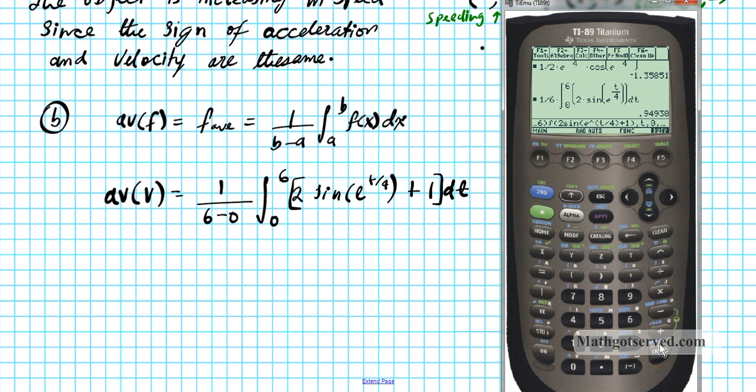Enter, that's the beauty of the TI-89 Titanium. It shows you what you entered and the answer separately, so you can easily determine if what you entered is in fact correct. Okay? So the plus 1 should be outside. Let's fix that. So it's supposed to be plus the whole thing plus 1. Enter. Alright, so there you go. 2 sine e to the t over 4 plus 1 dt. And you get